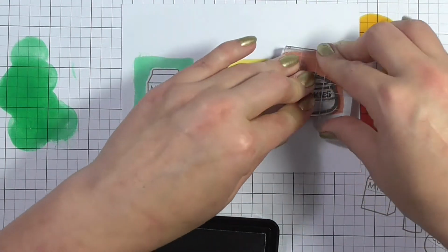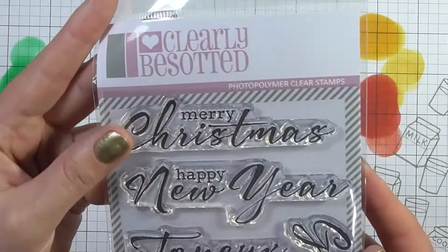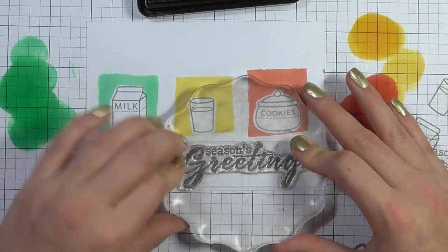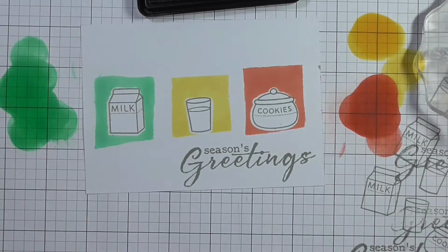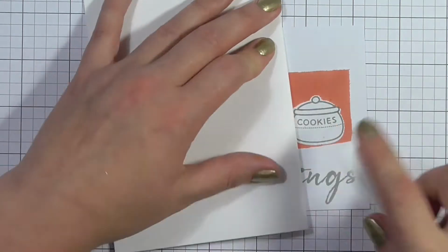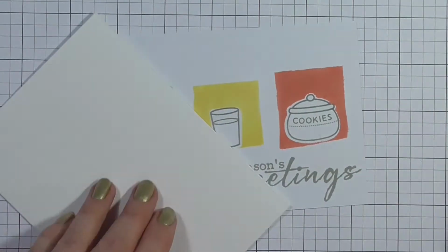So once I've got all 3 of those stamped, I'm going to go ahead and add my sentiment. The ink that I'm using for all of the sentiments, for the outside sentiment, the inside sentiment, and for the milk, the glass, and the cookies, is the Simon Says Stamp Smoke ink, and the sentiment is from the Clearly Besotted Brushed Greetings set. So I'm just taking my plain white card base here and folding along that line with